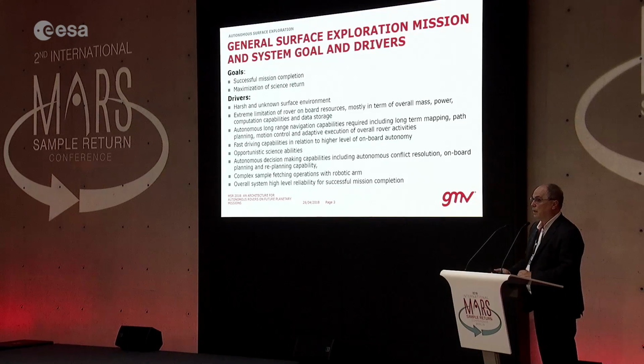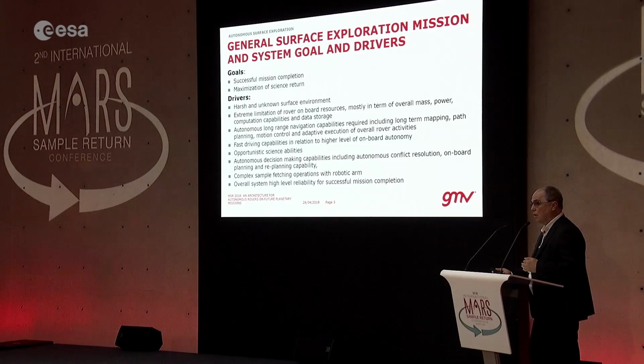So the main difference between a planetary rover mission and other deep space missions is the hard interaction of the rover with the surface and the uncertainties related to the surface. We also don't know what will be the weather conditions and what will be the energy that can be obtained by the solar panels, and also the energy that it will take to perform the different operations of the rover. So all these uncertainties need to be handled by the rover, and